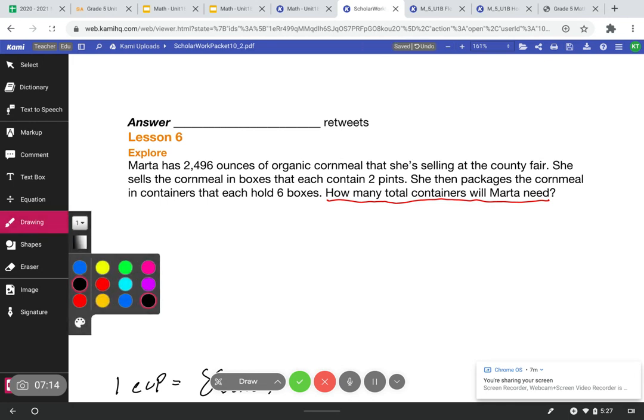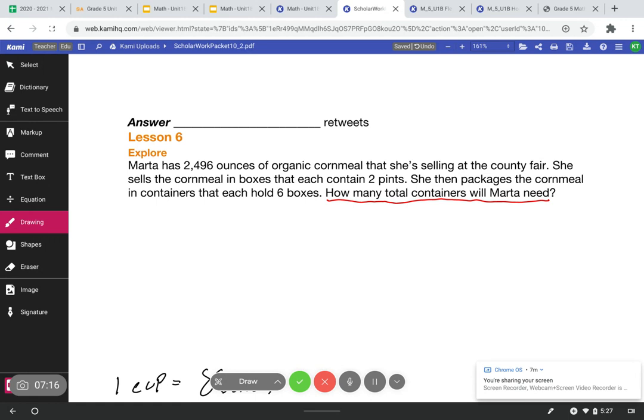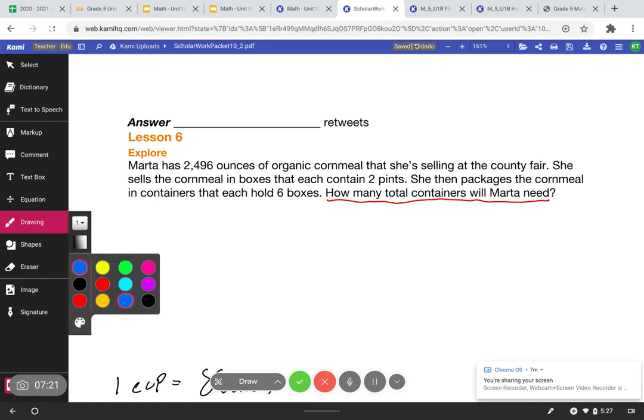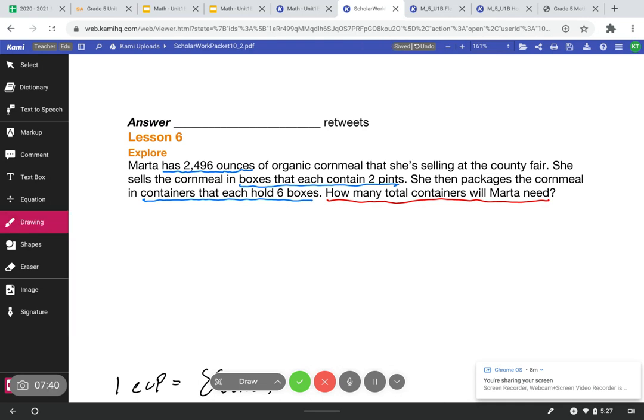So, we need to work backwards because what we know so far, in blue, is that she has 2,496 ounces. Each box has 2 pints. And then each container has 6 boxes. So we're trying to figure out how many, let's write this down. How many containers